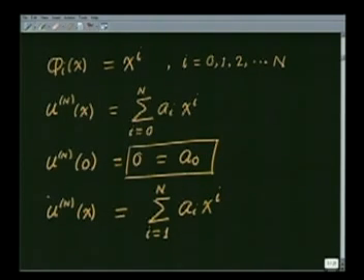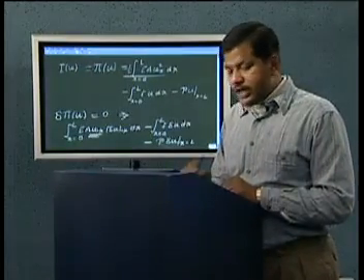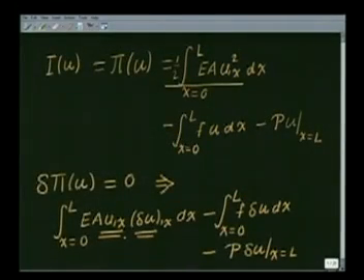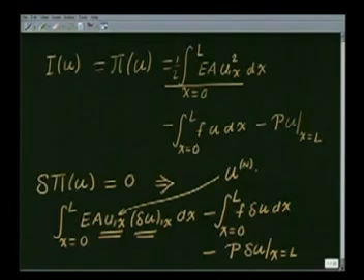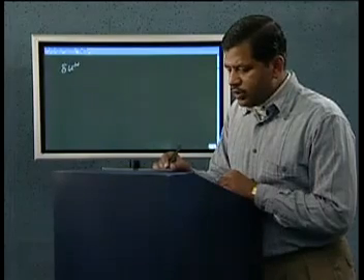Once we get this expression, now the question is, how do we obtain these coefficients? So let us go back to our variational formulation. Here if you see, we have u comma x and we have this variation of u comma x. So instead of u of x, we are going to substitute un of x, and the variation of u will then become the variation of un of x. So let us now define the variation of un of x.